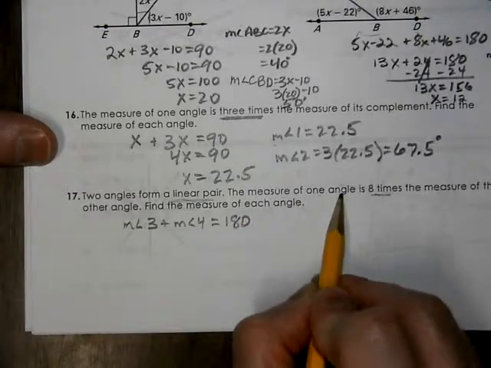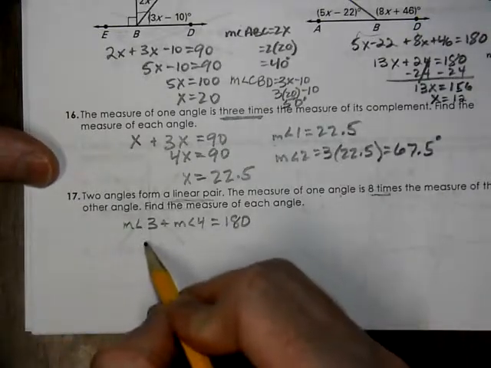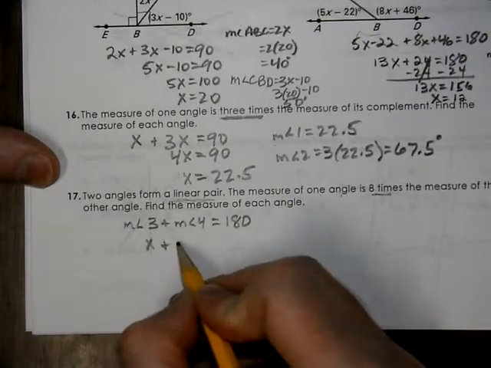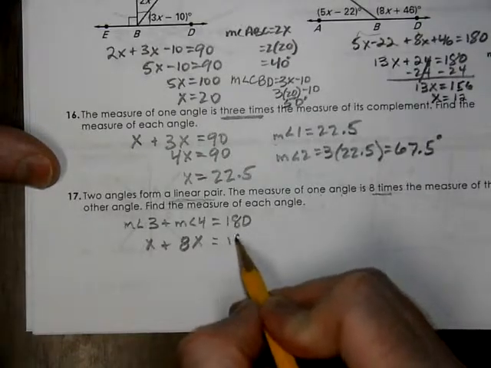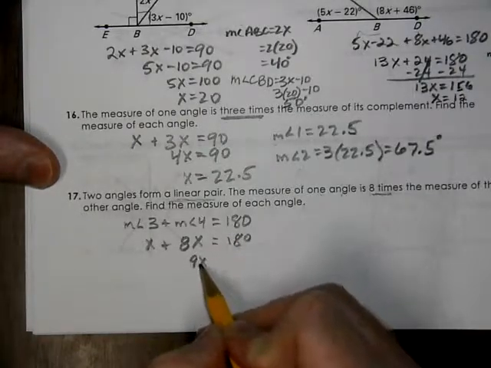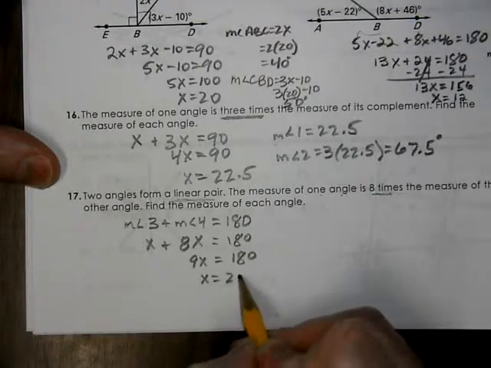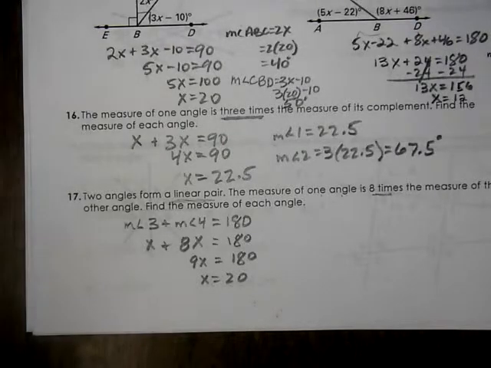The measurement of one angle is 8 times the measurement of another. So one of the angles has a value, and the other angle is 8 times that value. That gives us 9x. Divide by the 9, and x is 20. So if x is 20,